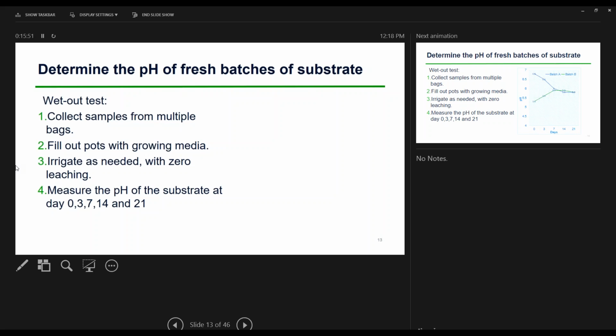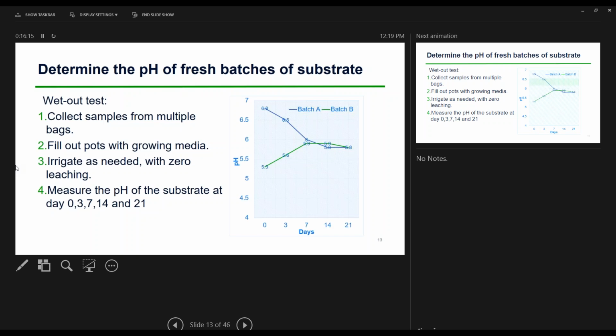You fill that into the containers with the growing media. You're going to irrigate as needed, but ideally you want to cover the bottom of those containers to make sure that there's no leaching, because when you put that water in, that activates and turns on all the reactions that are going on in that container,